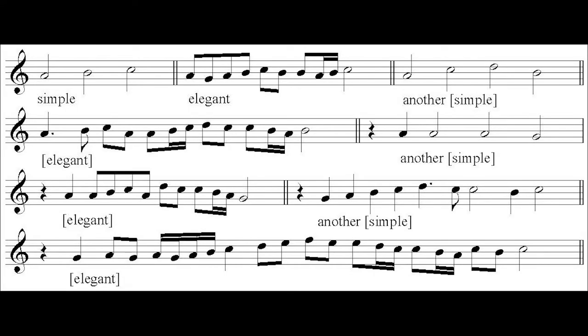As for examples of the diminutions used, Coquelicot shows here an original melodic pattern, which he refers to as simple, followed by the ornamentation of that pattern, which he calls elegant. Along with the examples, he writes, "To the boy wishing to learn the art of singing well and elegantly, he